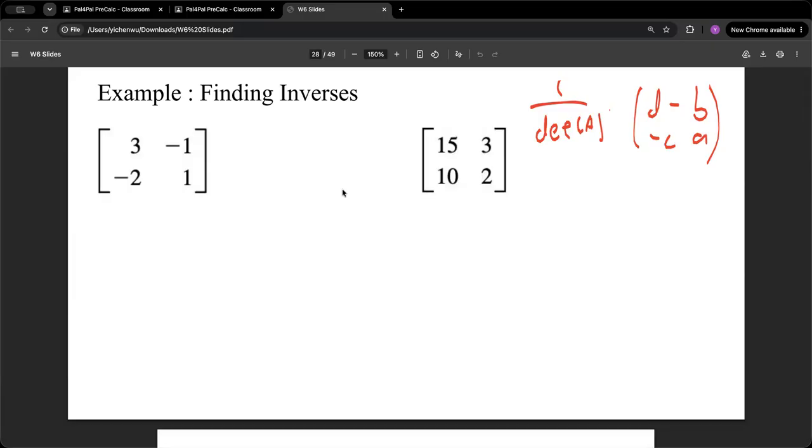Okay, so for the first one, we can first find the determinant, which is equal to 3 times 1 minus negative 1 times negative 2, so 3 minus 2, which is equal to 1. And so now we can just plug this in. So it turns out it's